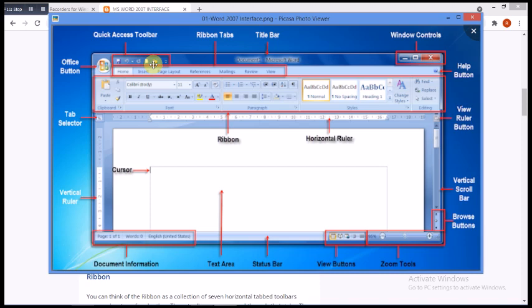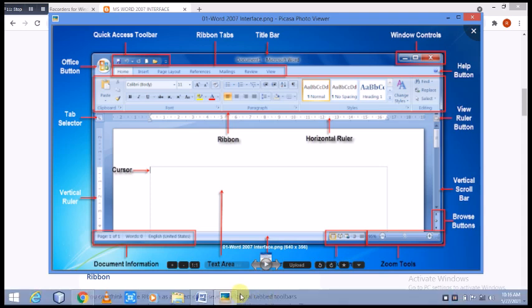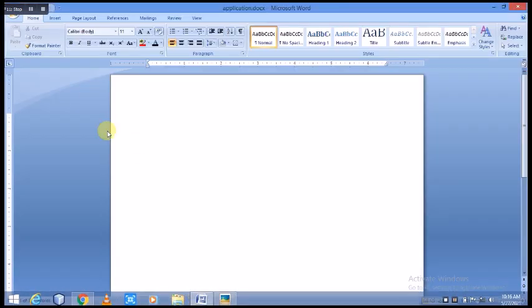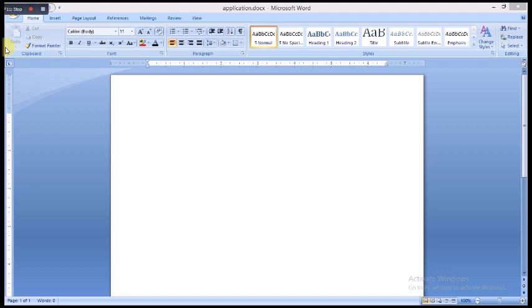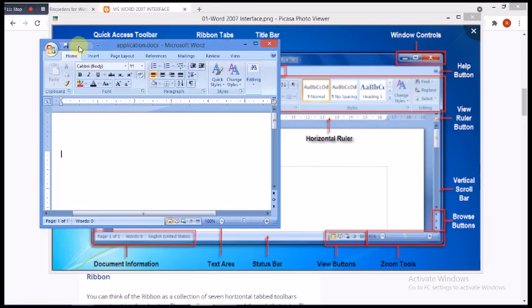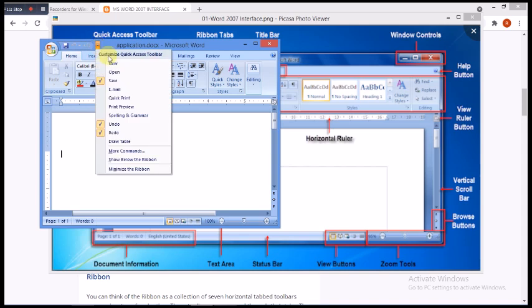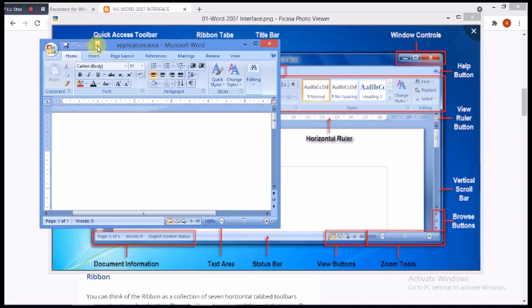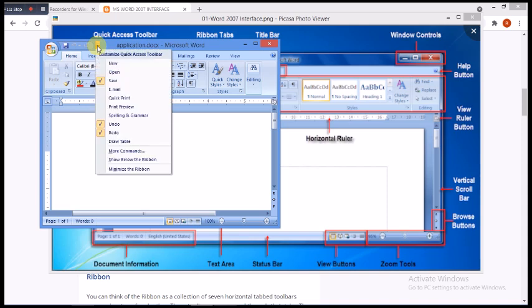Here you can see the save, undo and redo buttons, and some ribbons are there. By using this, drop-down menus are there, and by clicking the drop-down menu you can see many things.